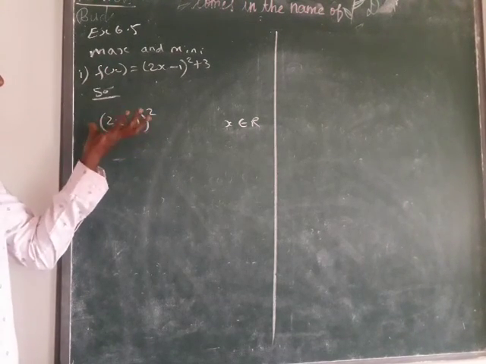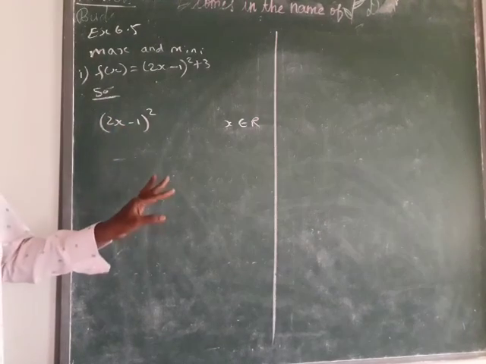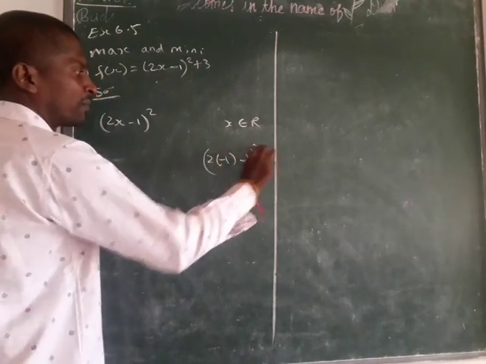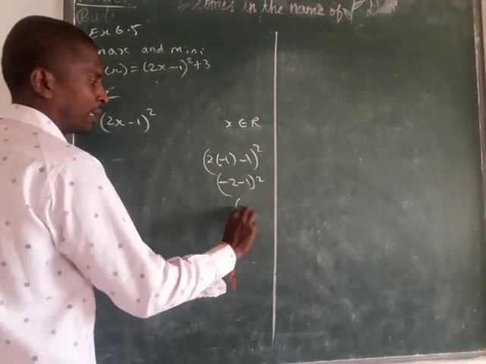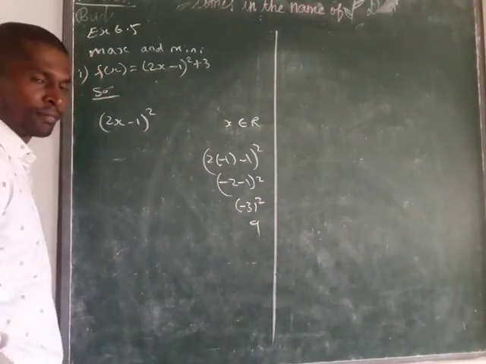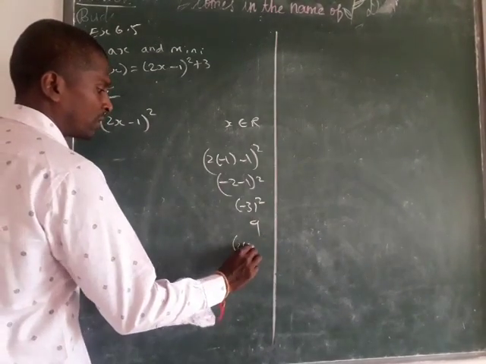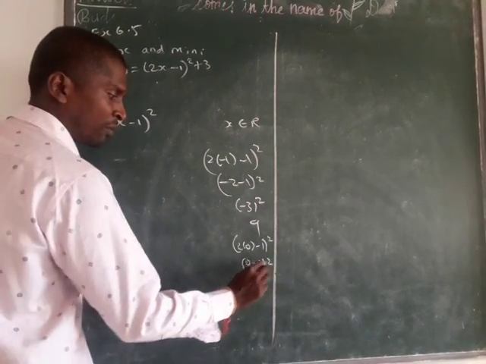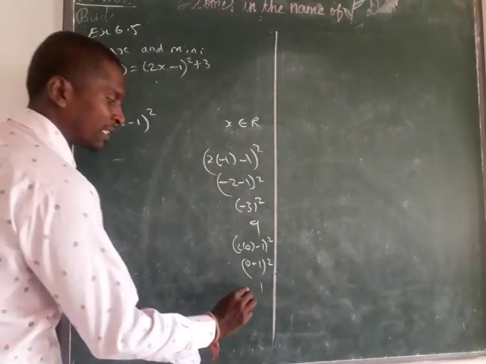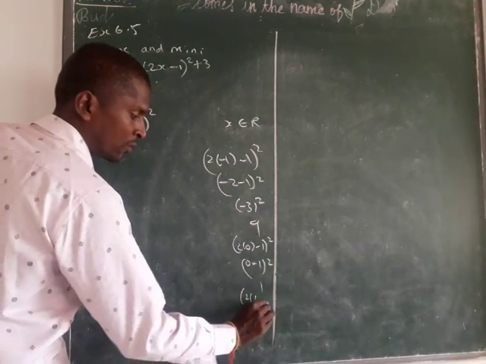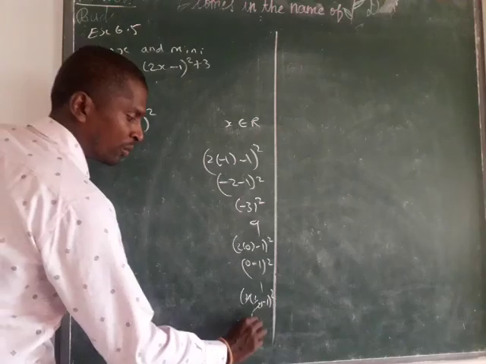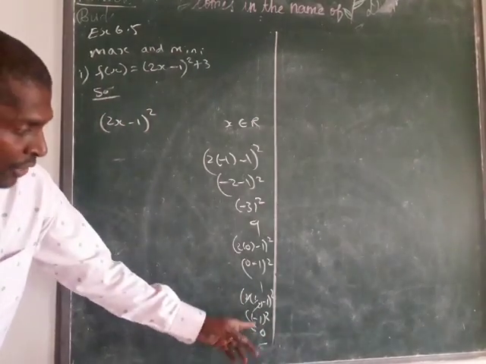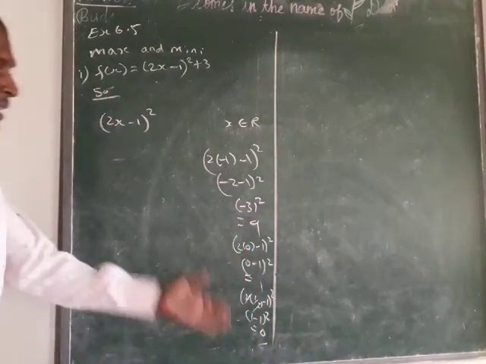So in the x term, instead of x you can substitute any value. If you want to check, no problem. Substitute -1, what will come? -2 minus 1, the whole square, becomes (-3) squared, which is 9. Even if you substitute 0, 0 minus 1 the whole square, 1 will come. Then substitute 1 by 2: 1 minus 1 the whole square equals 0. So all the values 0, 1, 9, positive, I am going to get.